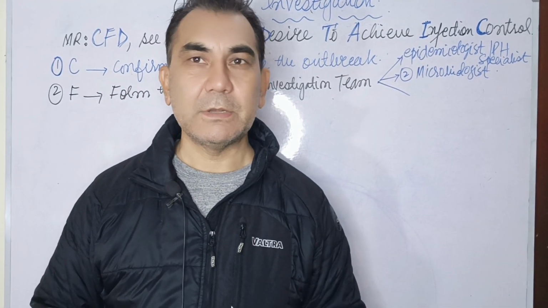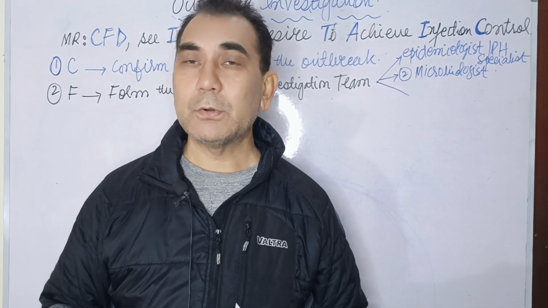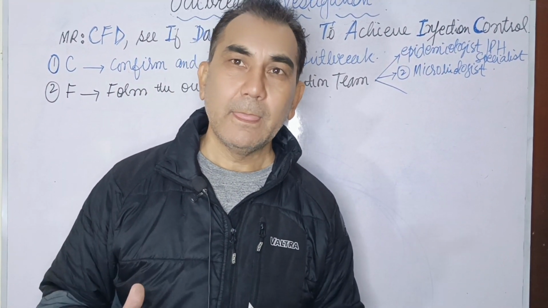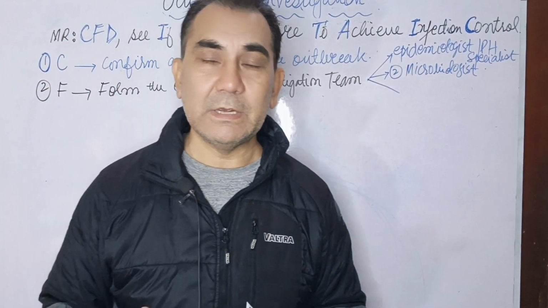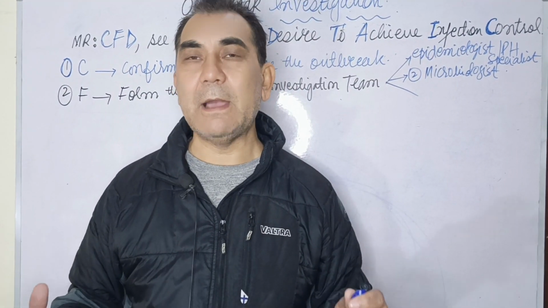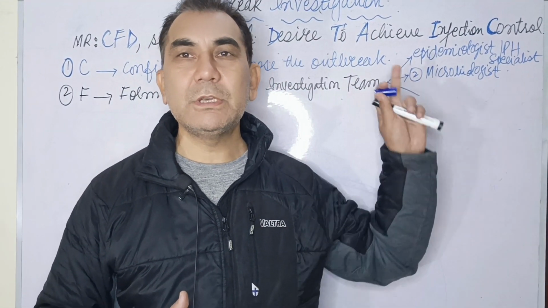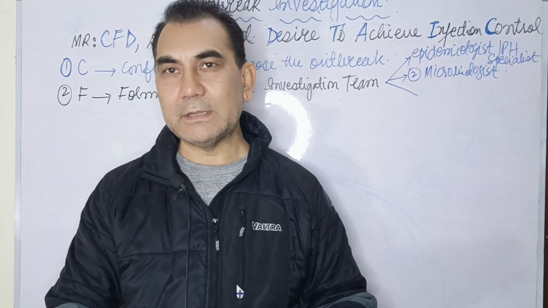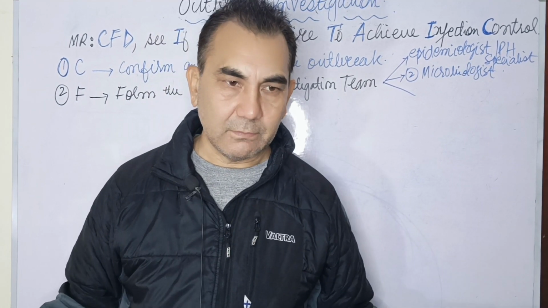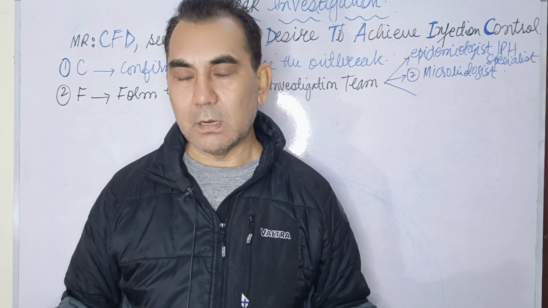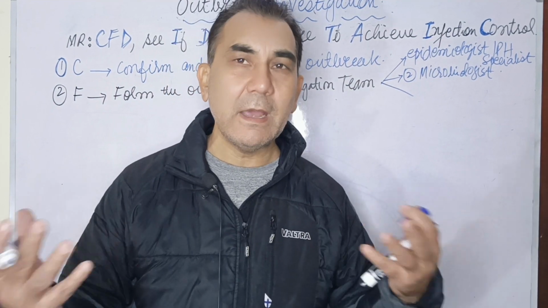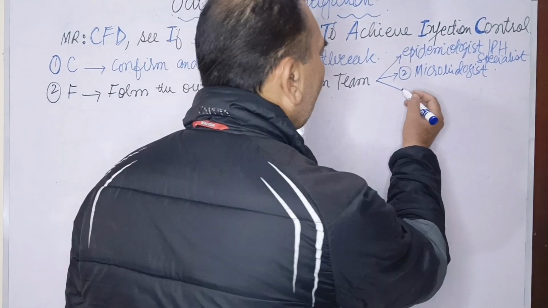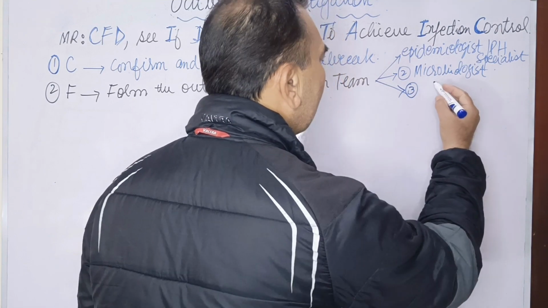It may be viral, bacterial, or protozoal. So to confirm by which type of pathogen the outbreak is happening, you have to keep a microbiologist in your team, who will collect samples from stool, upper throat, saliva, or any other source to confirm the agents of the outbreak. And the third one,